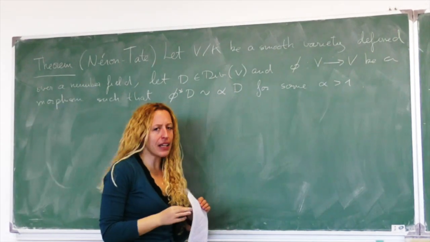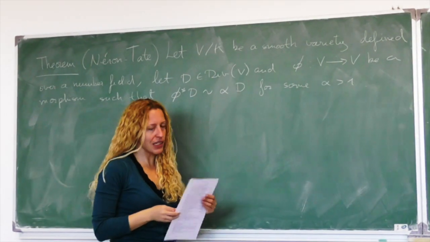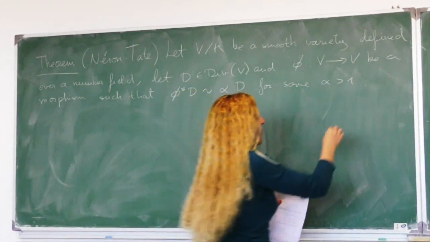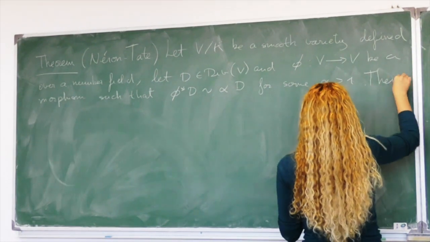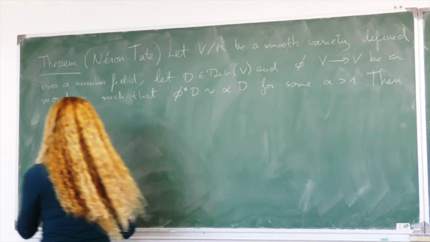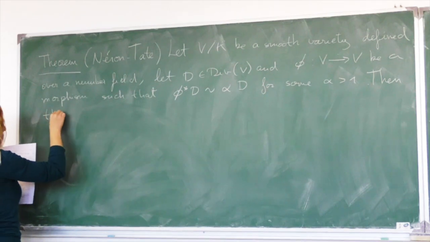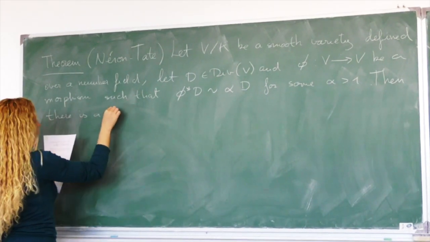I know that this looks like a weird condition, but you will see later that it's not that weird, it is kind of natural. Okay, so under these conditions, there is a unique